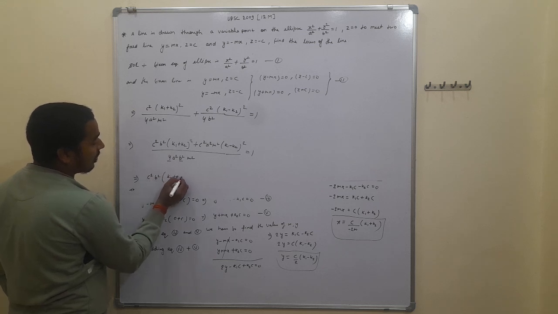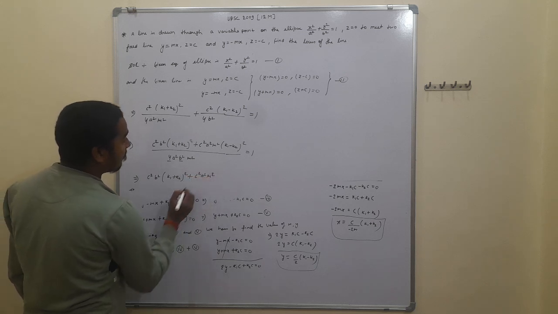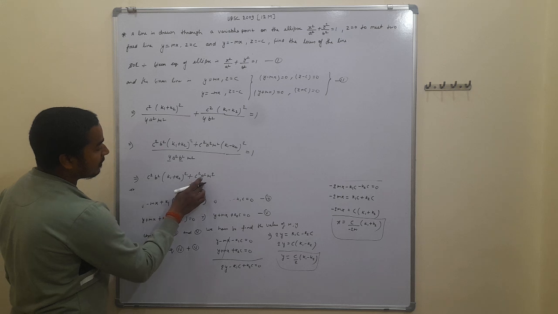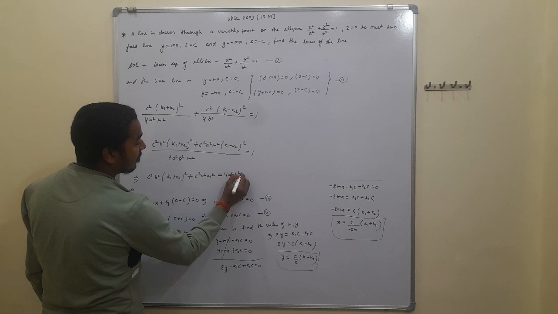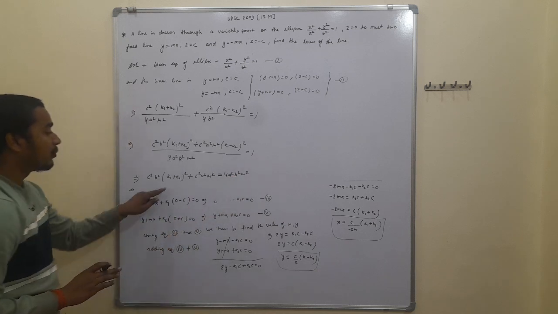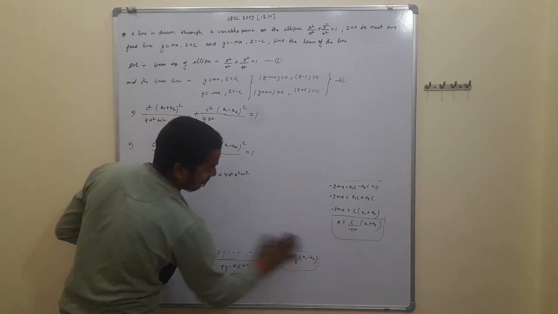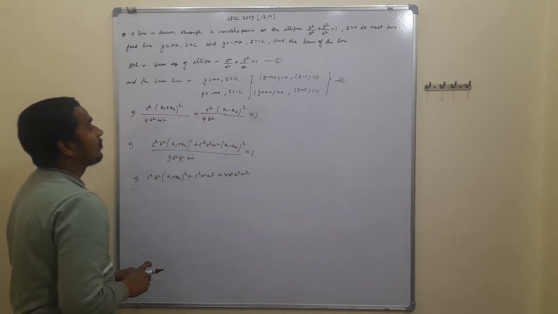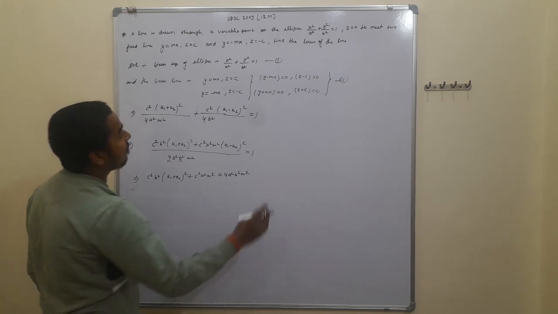k1 plus k2 whole square plus c square a square into m square, c square m square, once again c by 2 and c by 2 is also present, that is c square a square m square is equal to 4a square b square into m square. Further we have to put the value of k1 and k2 in the given equation. We have to find the value of k1 and k2. Once again we have to find the value of k1 and k2.